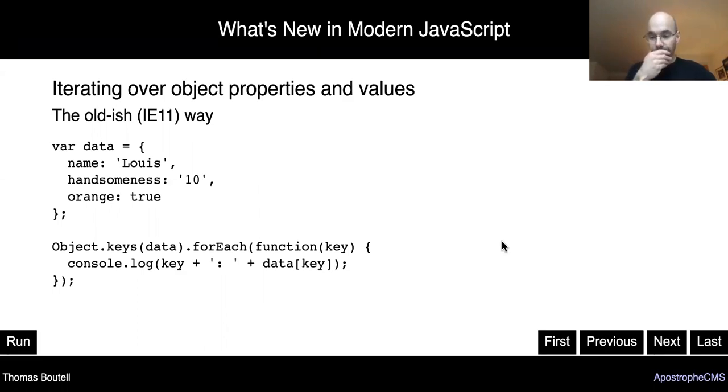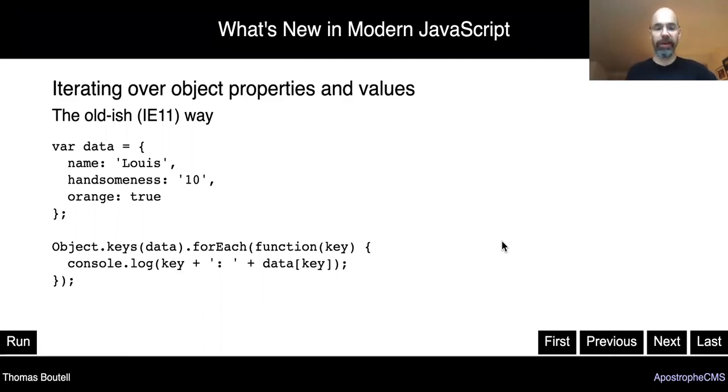By the way, back in the day, we also all remember that we were always told, never do that because you can't trust the order of the properties in an object. They might come out in any order. This is not true anymore. There is a defined order for the properties of a JavaScript object. You can look it up, and it is something you can rely upon across browsers and in Node and all